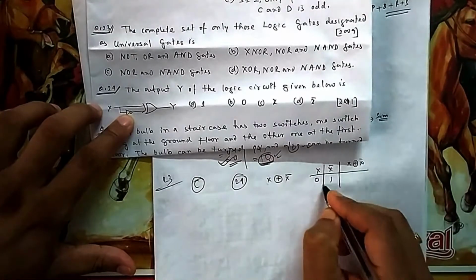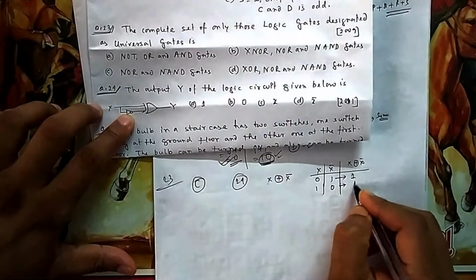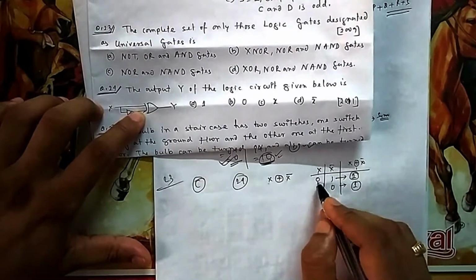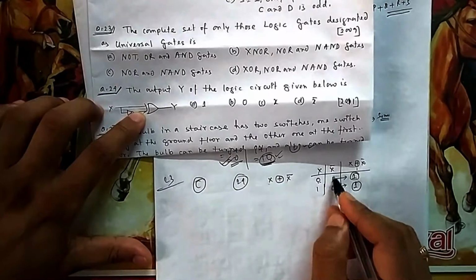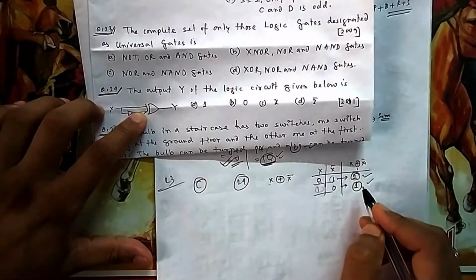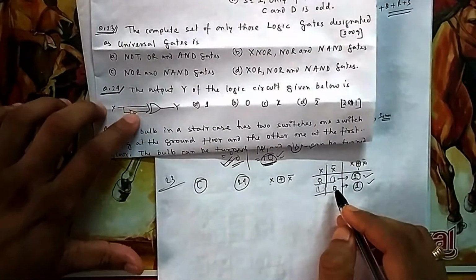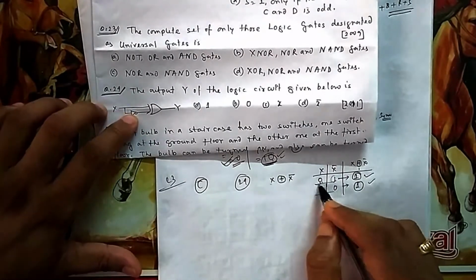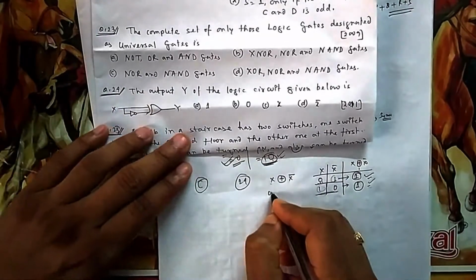So if it is 0, if it is 1, if it is 1, then it is 0. So 1 0, what is the output? It is always 1. Because XOR, it is an odd parity. Only one 1 means 1 is only one time. So it is odd parity, your output is always 1. You see the truth table of this one. If either of the input is 1, then output is 1. So here in any case either of these will be 1. If it is 0, then it will be 1. If it is 1, then it will be 0. So both cannot be 0, both cannot be 1. So your output will be always 1. That is your option A.